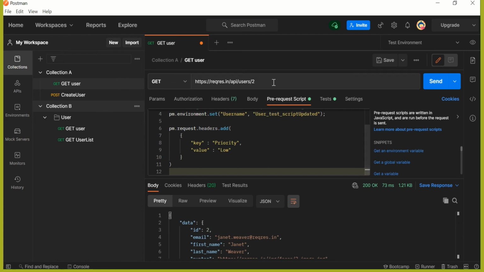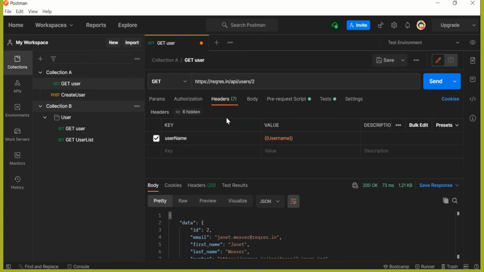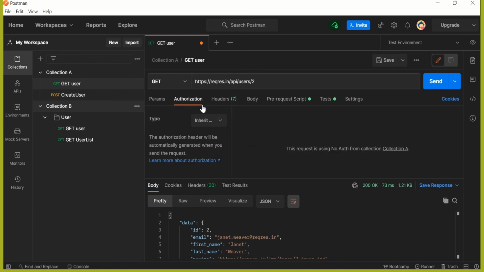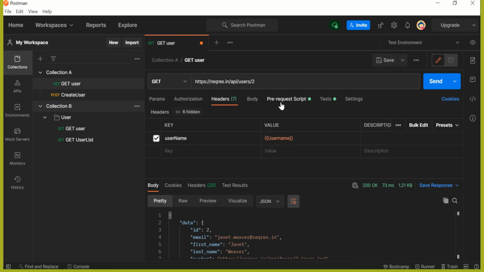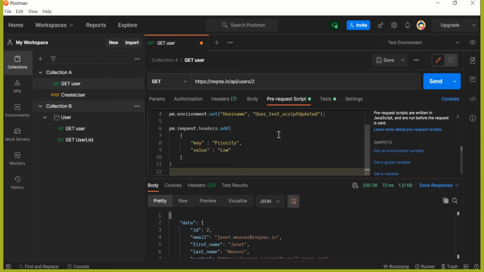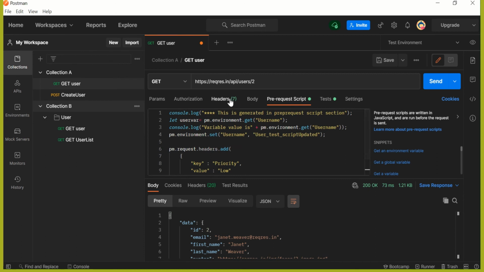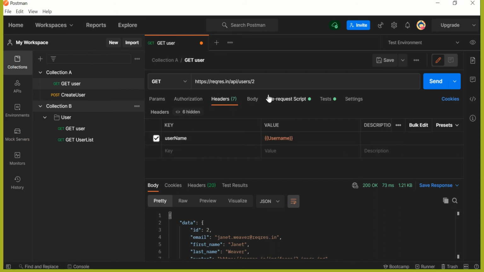Similarly, if we already have some headers defined over here, we can also remove those headers from the outgoing request. So in case you want to remove the username header, how can we do it?